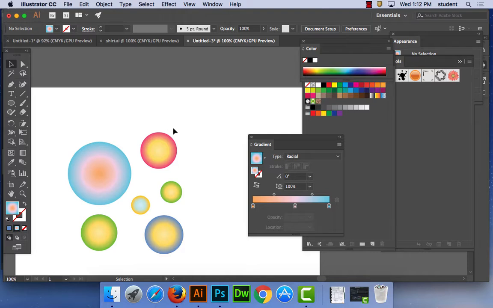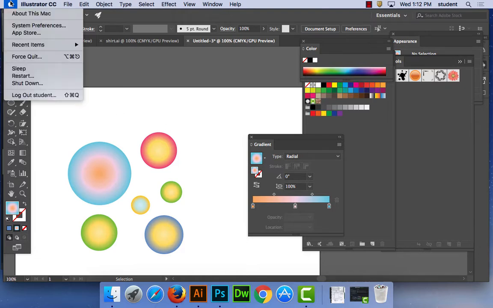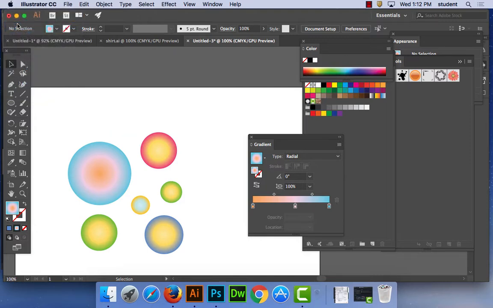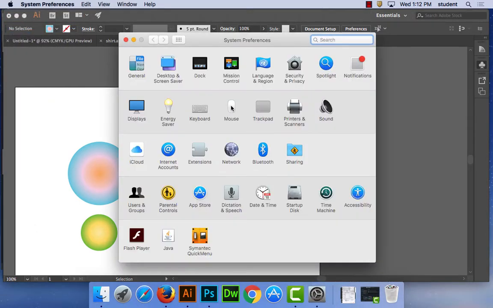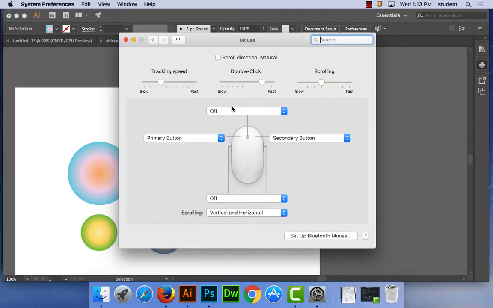So as you're drawing, if the cursor starts going crazy on you and doing crazy things, you might need to turn off horizontal scrolling. So again, watch up here. If you are having problems with your cursor moving the window around, to adjust that is under the apple in the upper corner there. See the little apple in the upper corner? Go to System Preferences. And in the mouse option right here, turn off scrolling horizontal to